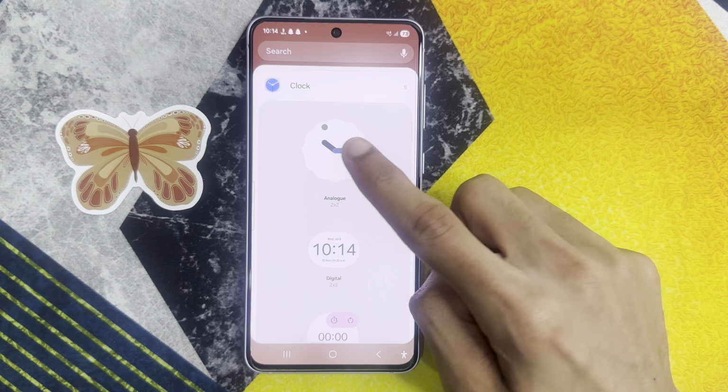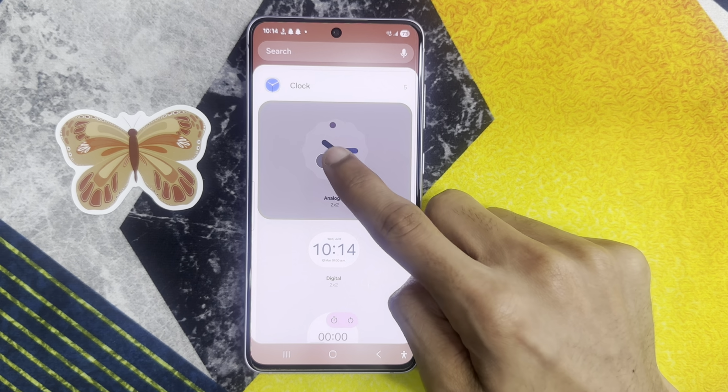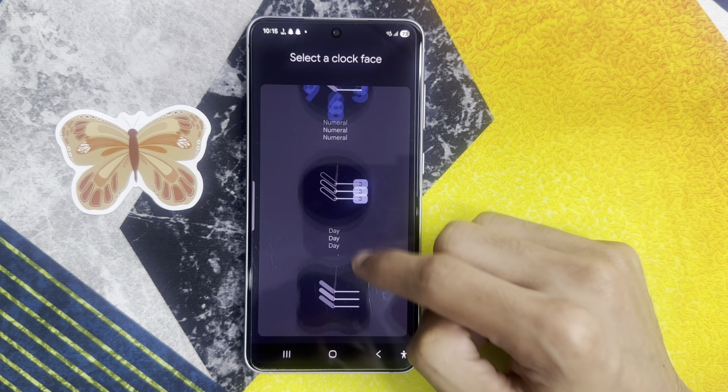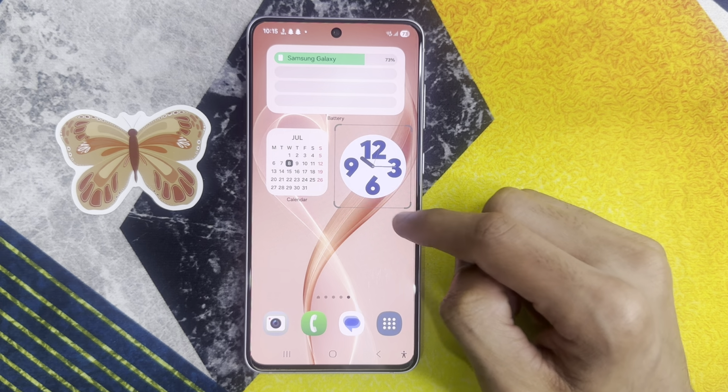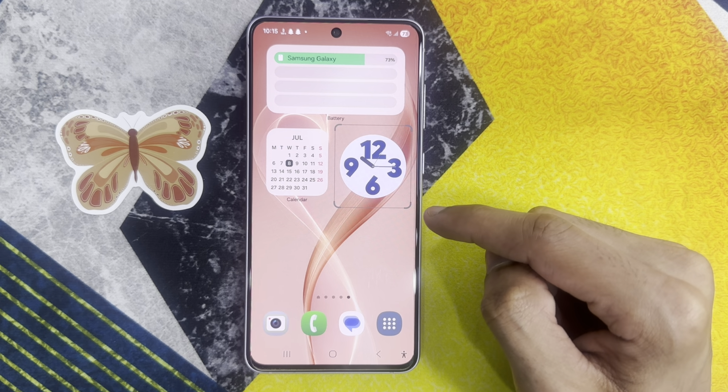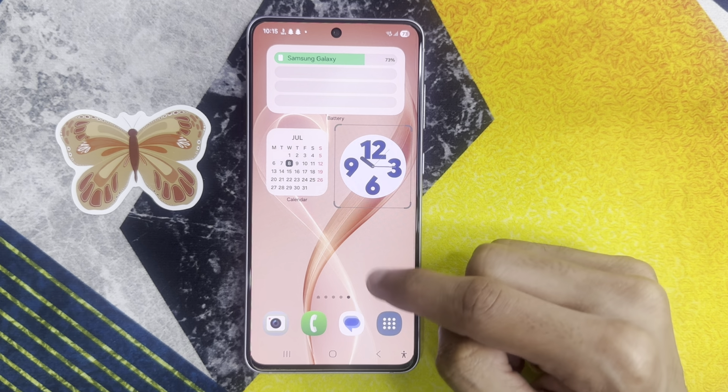If you want to add, click on add, you will see Google Clock is added on your home screen. After the process, go